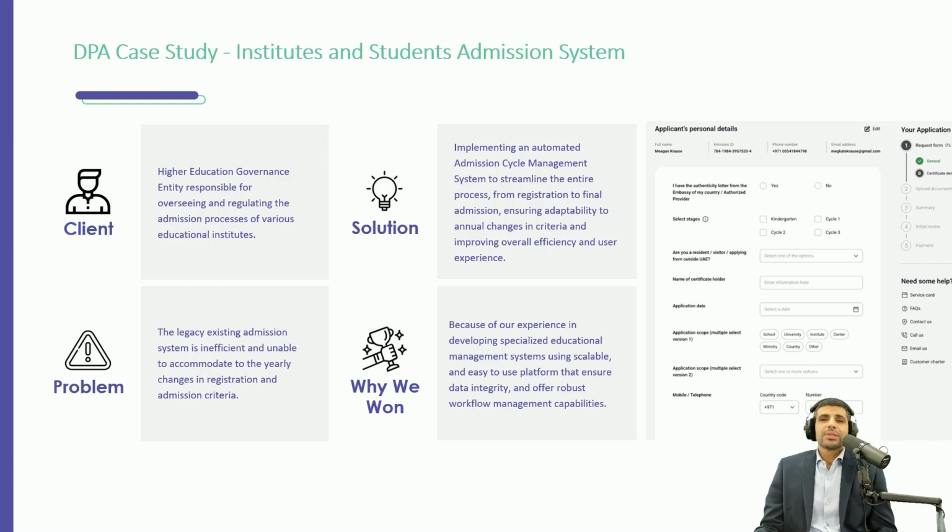Last but not least, we showcase a system that relies heavily on digital process capabilities with complex workflows. In this case study, we build an admission system for institutes and students. The client here is a higher education government entity responsible for overseeing and regulating the admission processes of various educational